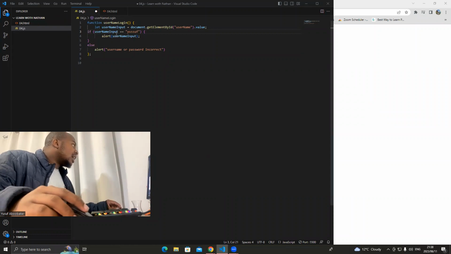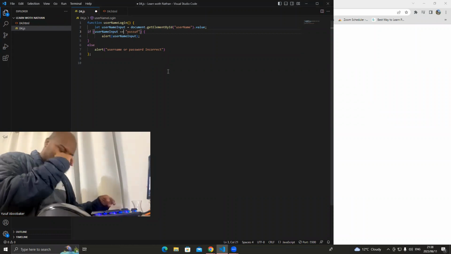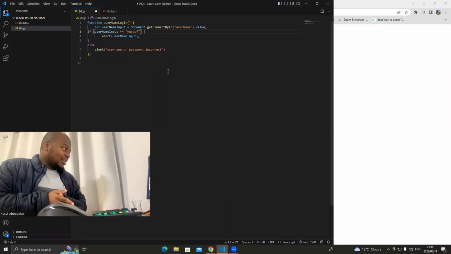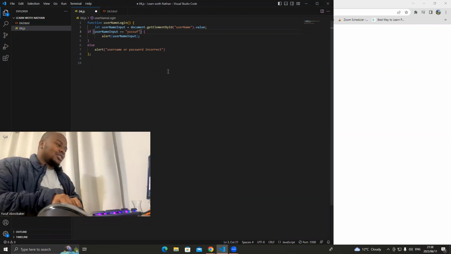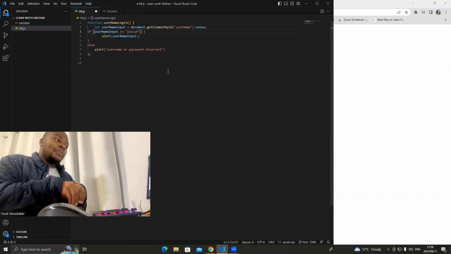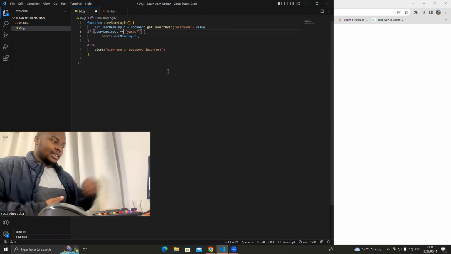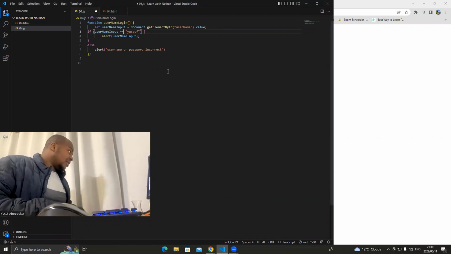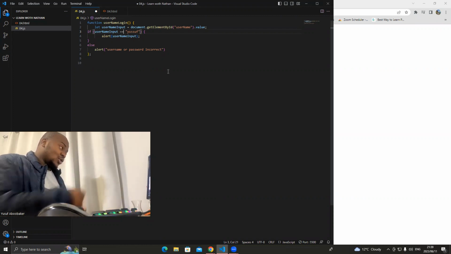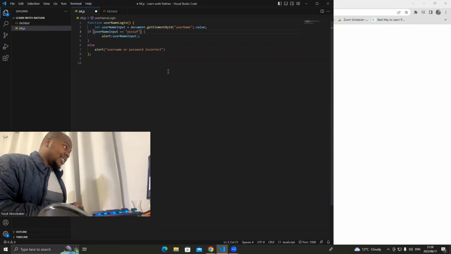But anyway, I realized like in Python, equals is for assignment. Double equals is for comparison. And I think JavaScript is triple equals. But how I actually forgot this, and it's literally a mistake from my side, is that as you all know, I'm following Nathan's course. We can even go on my YouTube videos to back this up. I think I'm on course 11, and course 11 speaks of